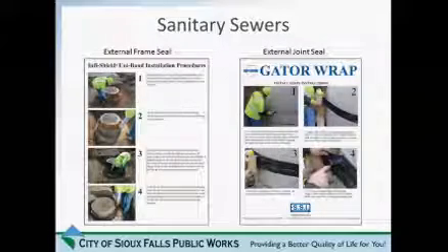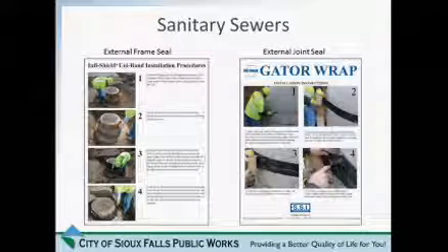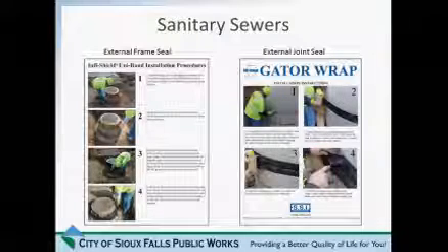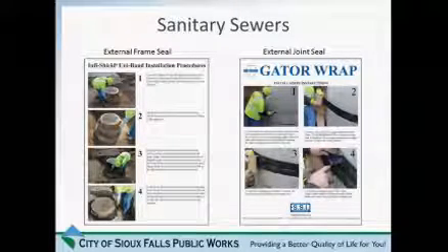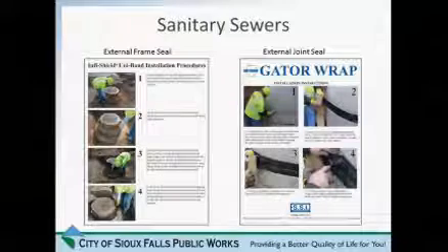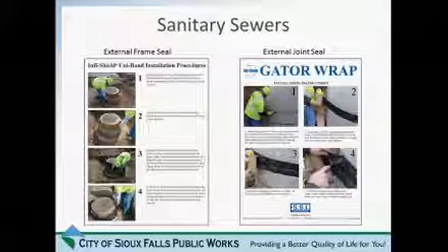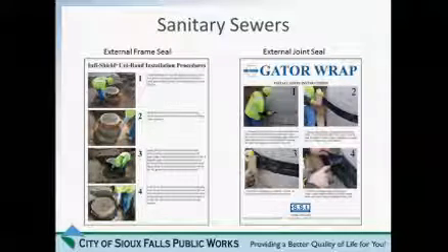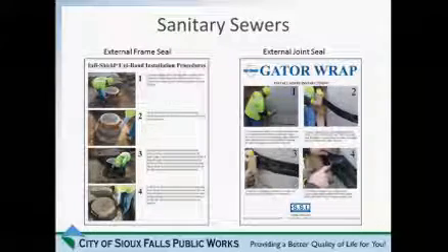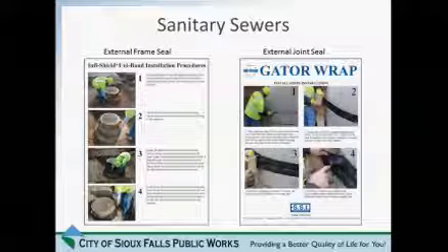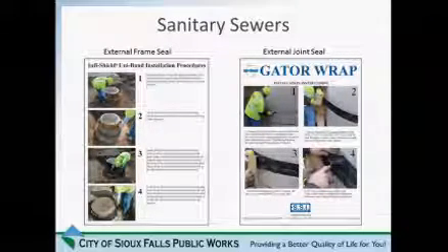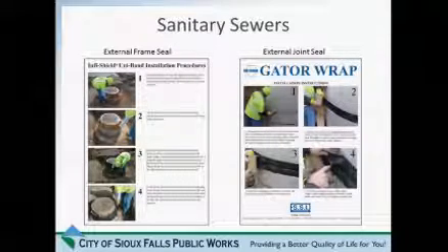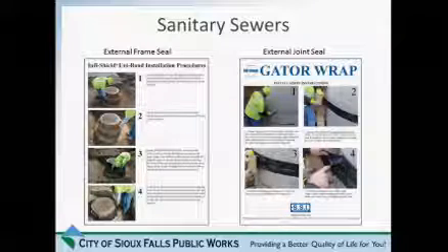Jump ahead to show what we're looking at. The picture on my left would be the external frame seals. This is where the manhole casting goes to the corbel section on the concrete manholes. Typically, they have 2 inches to 14 inches worth of concrete adjustment that just has mortar between them. It's generally a point of infiltration. There is no water stop that is implied with the installation of that.